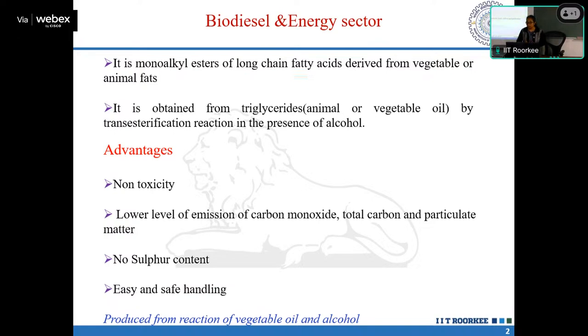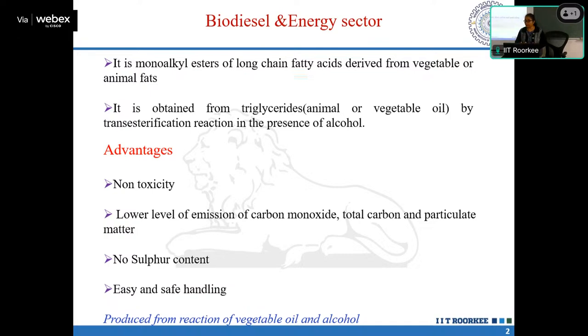A vegetable oil, that is jatropha, we have taken, and an alcohol, methanol, to produce biodiesel. Okay, so I am just trying to give you some brief about biodiesel, where we are looking for some substitute of diesel fuel. That is why we are trying to get biodiesel extracted from various vegetable oils or animal fat